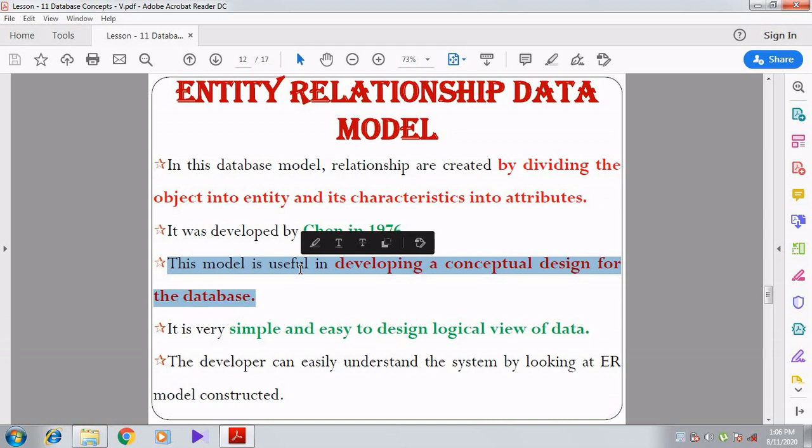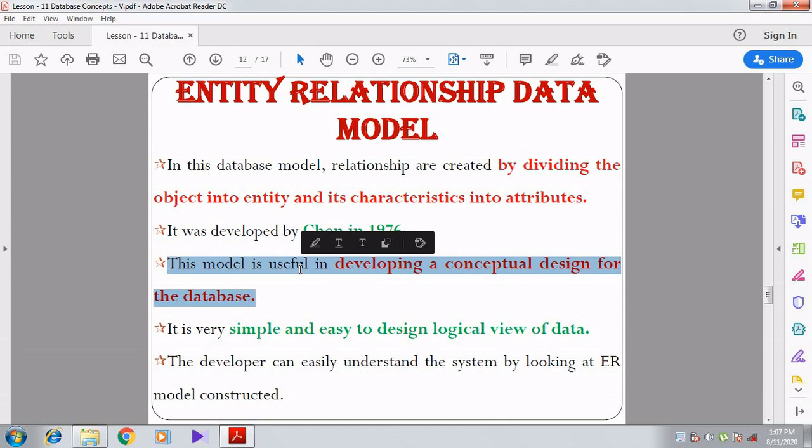Whenever a client approaches a company for developing software, the client will ask the developers to create the software like this, going with a blueprint. For example, whenever an engineer is constructing a house, he goes for a blueprint with the house owner.